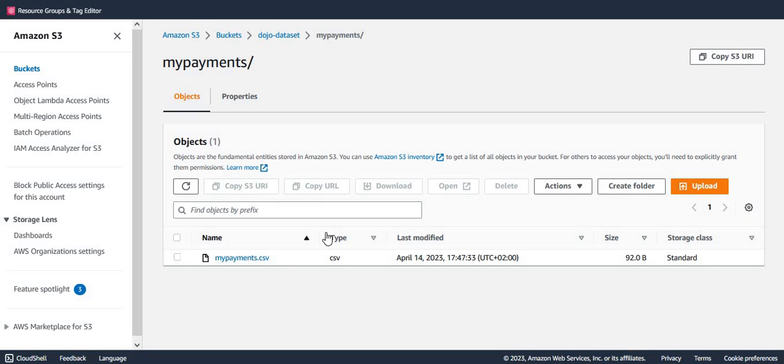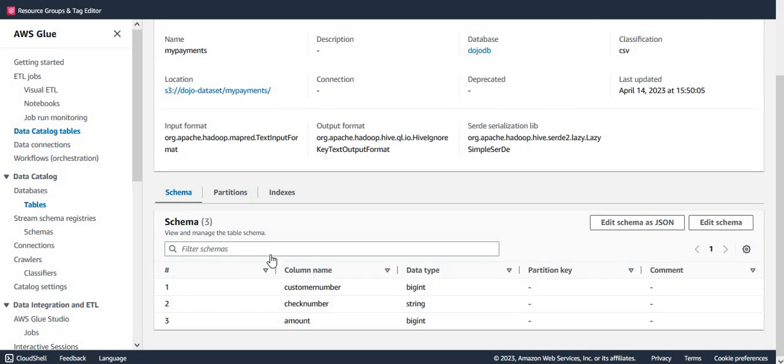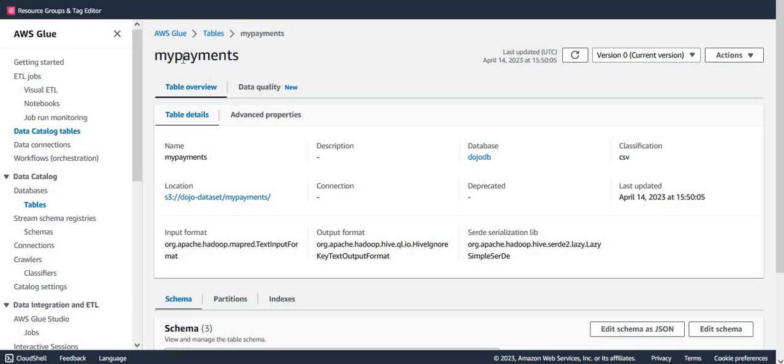Now this is how my source S3 data looks like. I've got my payments as one of the data which I'm going to use as my source data. If I show you the catalog of this data, this is how it is cataloged as my payments